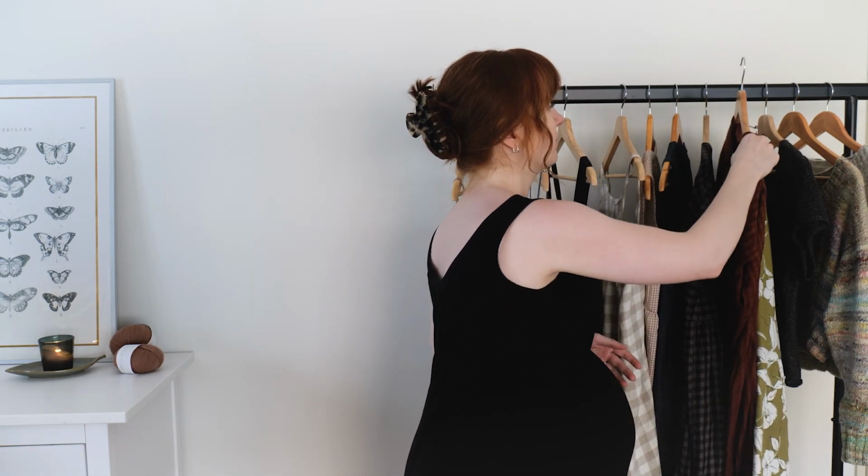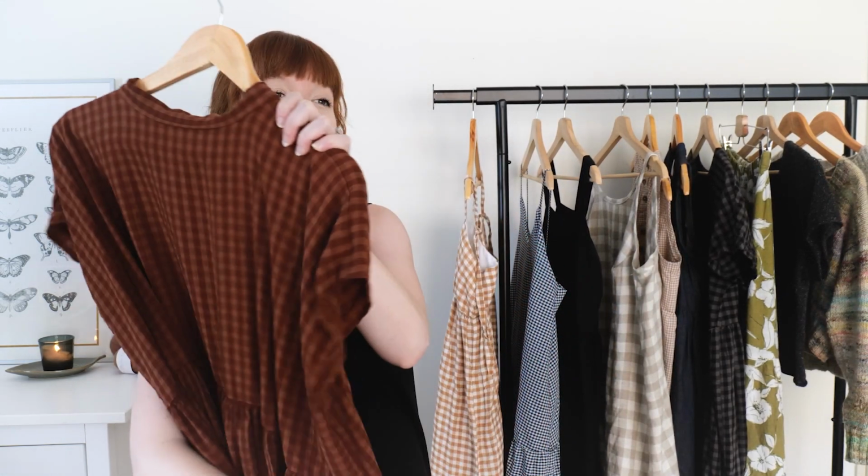So I've had a lot of sewing mojo this entire summer. Obviously, that's how I've gotten all of these items on this clothing rack. But let me tell you, my latest finished object has kind of tired me out, and I think I'm ready to stop for now. The thing about sewing is that it's not as easy as knitting. With a knitting project, you can sit down anywhere and get started and work on it. But with sewing, you have to be very stationary,